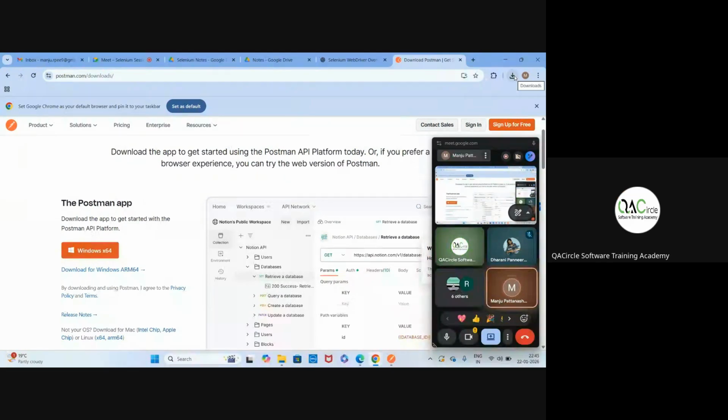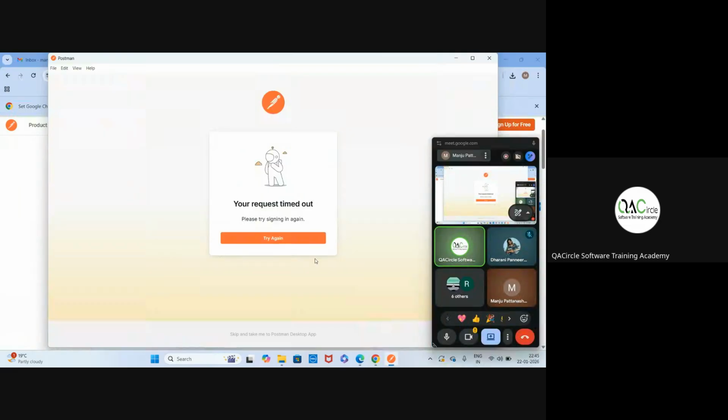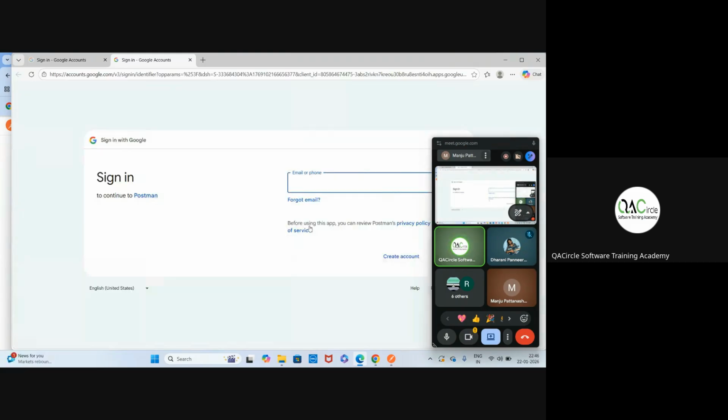I think you have skipped one step. That's totally fine. Click on that Postman, which is in the bottom. Click on that. Now, click on try again. So it will directly open the web browser. So you have to enter